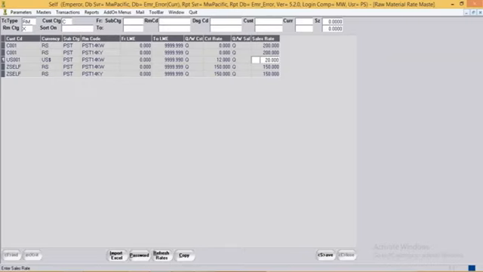Per piece is because this particular quality is being charged by quantity. The cost rate is $12 over here.